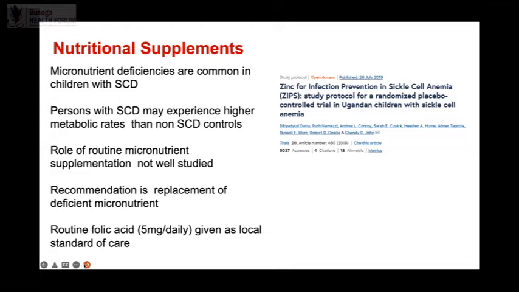We did a study in Jinja, using zinc for prevention of infection because we know zinc has an effect on immune function, and the results are going to be published. But what we found is that at baseline, 60% were very zinc deficient. And even after giving them zinc, almost 40% remain zinc deficient. So we're wondering, why are they zinc deficient? Should we be routinely giving them zinc? So study your patient very well and decide if you need to give them a supplement, but make sure that they have a balanced diet because they have a very high baseline metabolic rate.